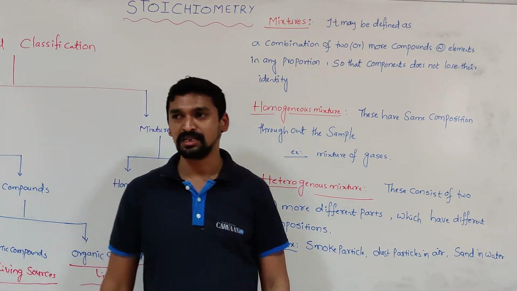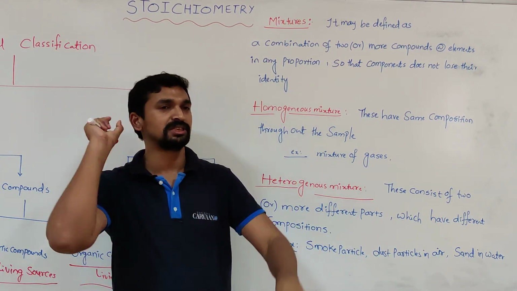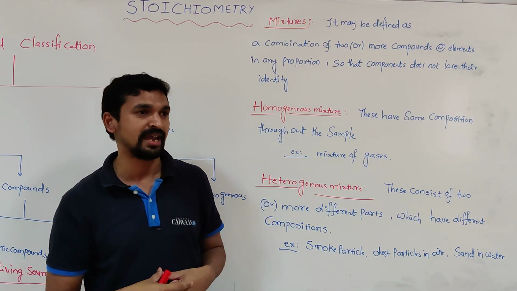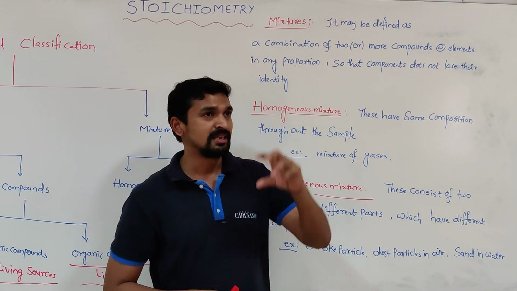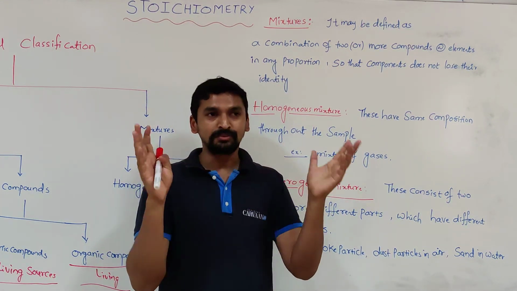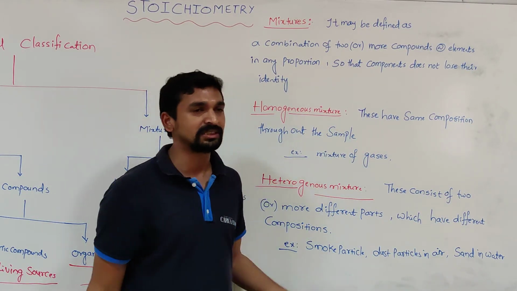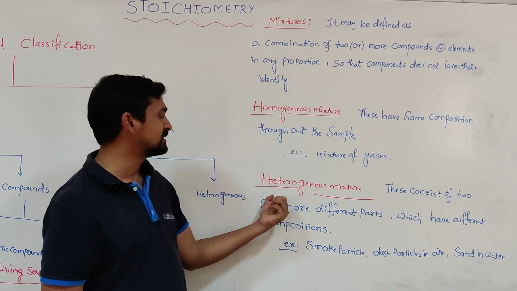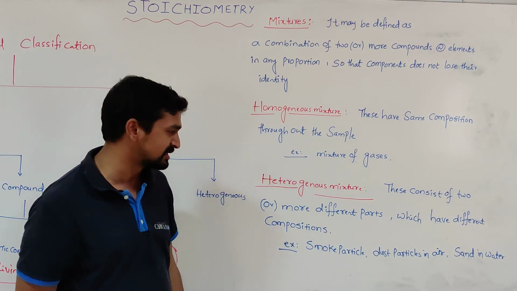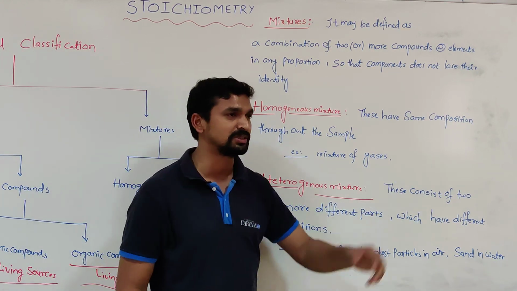And smoke particles, and dust particles in air. Even you observe in the theater, when the light is focused on the screen, the dust particles are clearly visible to our naked eye when you concentrate on the light. That means the dust particles are present in the air. With the help of the light, they seem to be mixed together as only one phase. But actually, the dust particle in the air is an example of which one? Heterogeneous mixture, because both are not mixing to form a single phase. And not only that, the smoke particles in water, all these are examples of heterogeneous mixtures.